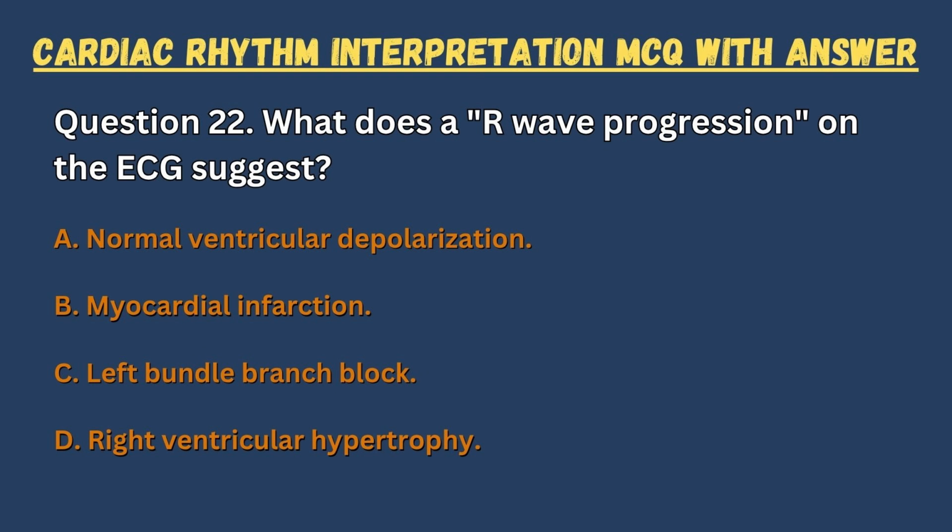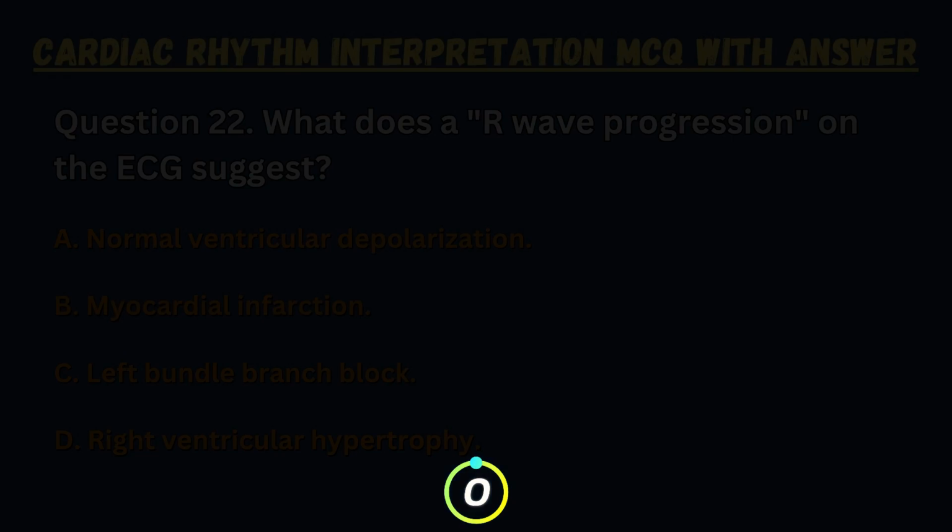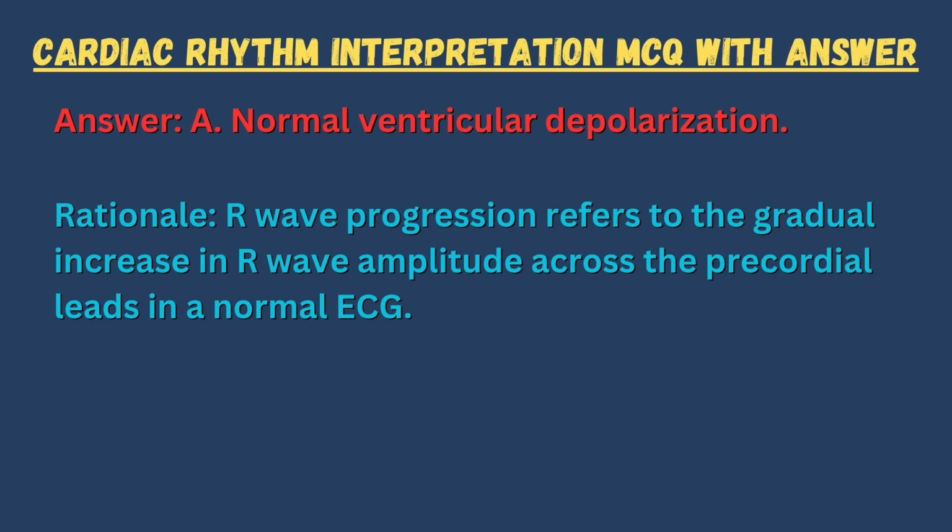Question 22. What does R wave progression on the ECG suggest? A. Normal ventricular depolarization. B. Myocardial infarction. C. Left bundle branch block. D. Right ventricular hypertrophy. Answer: A. Normal ventricular depolarization. Rationale: R wave progression refers to the gradual increase in R wave amplitude across the precordial leads in a normal